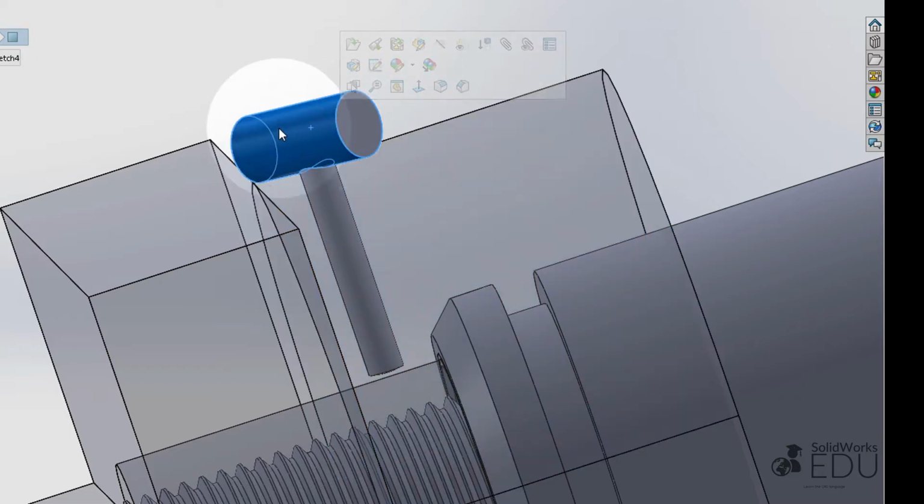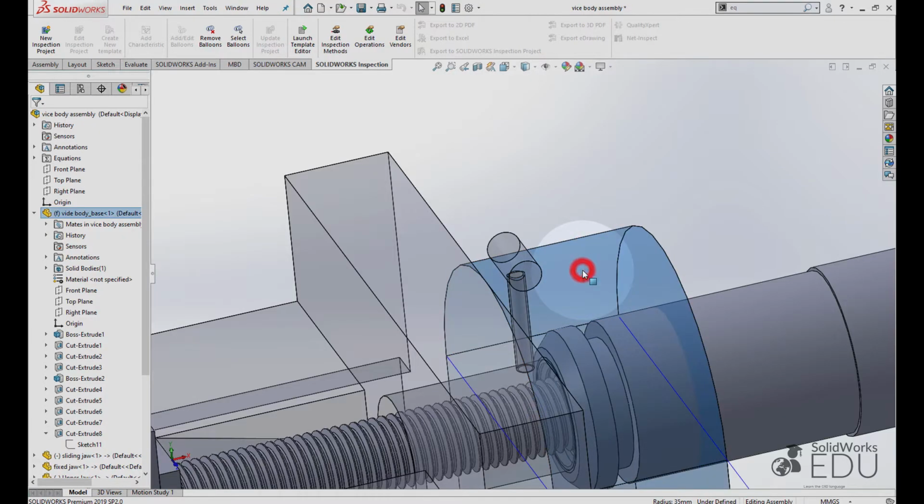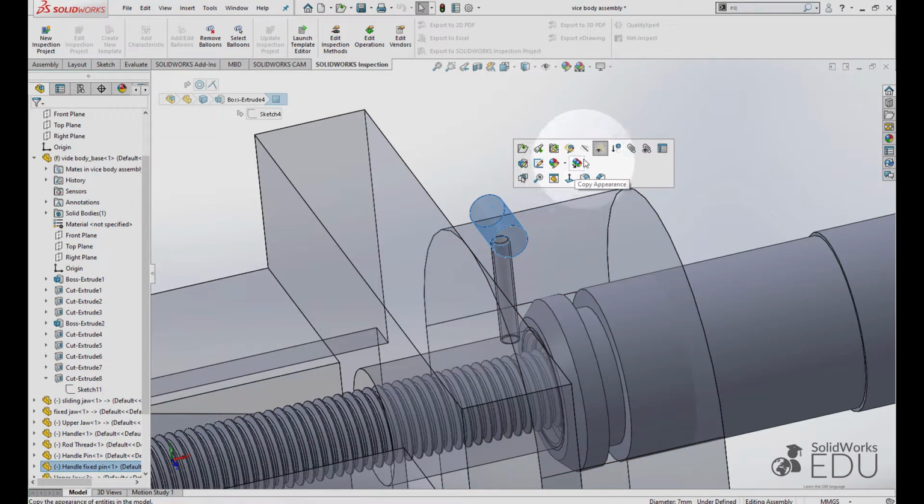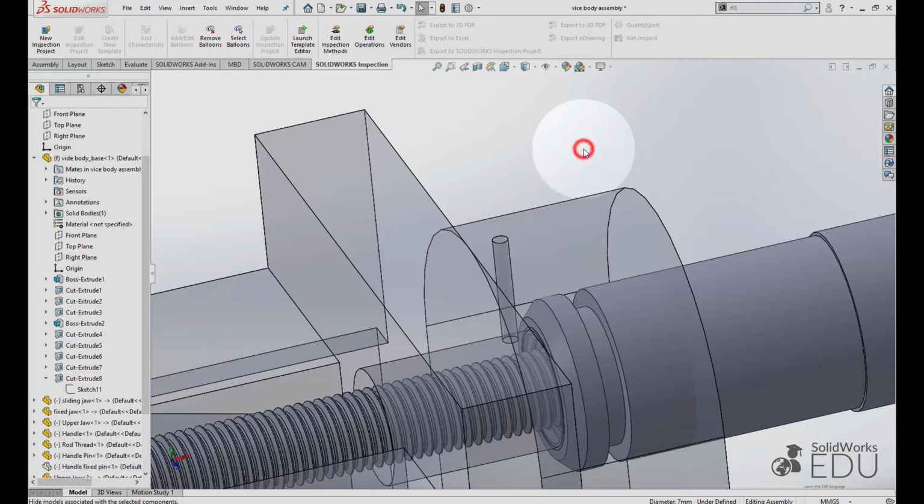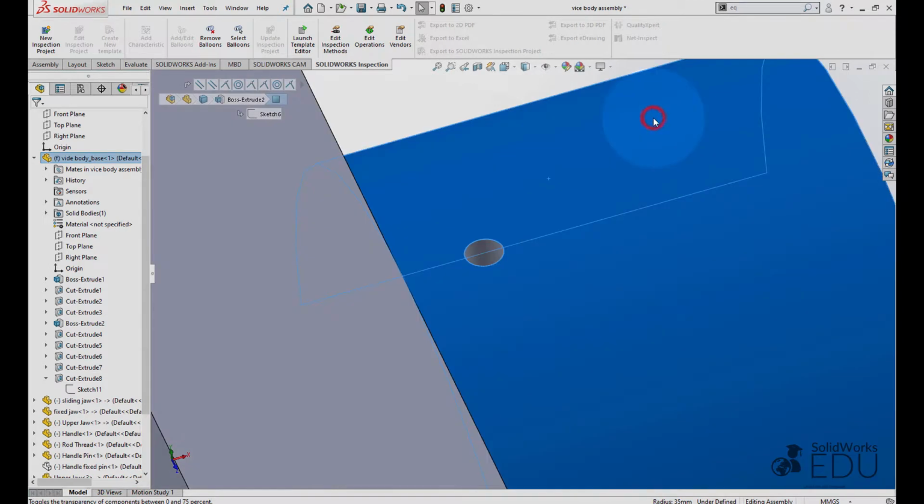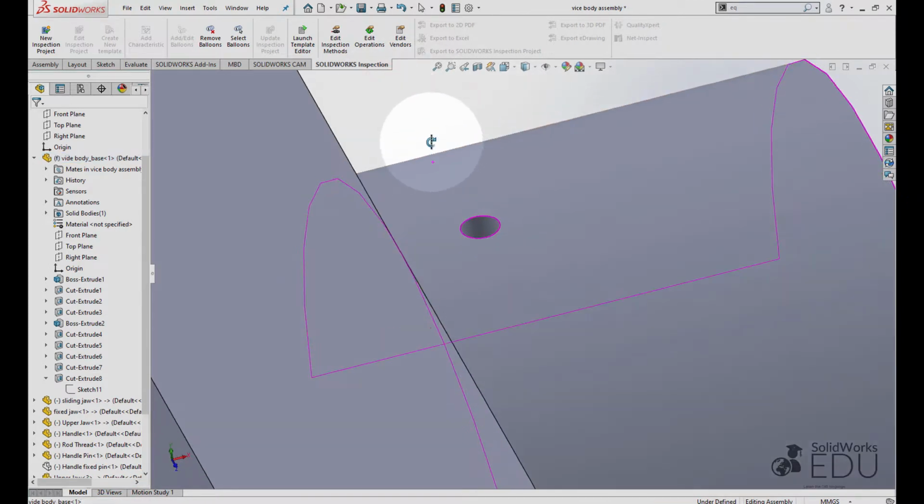Select this fixed pin, change transparency, double click on this bridge, select the fixed pin, select hide components, transparency, double click on this hole,